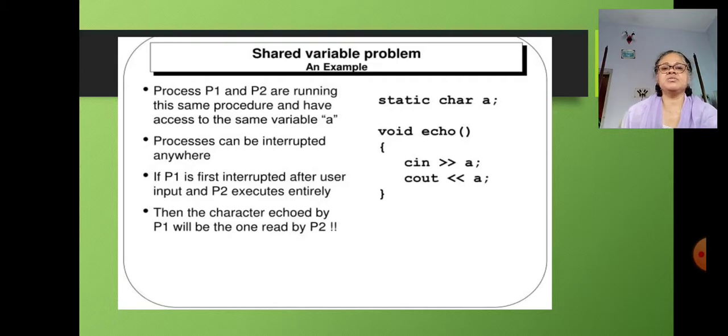If P1 is first interrupted after user input and P2 executes entirely, then the character echoed by P1 will be the only one read by P2. Echo means to display. So this is the problem of shared variable.